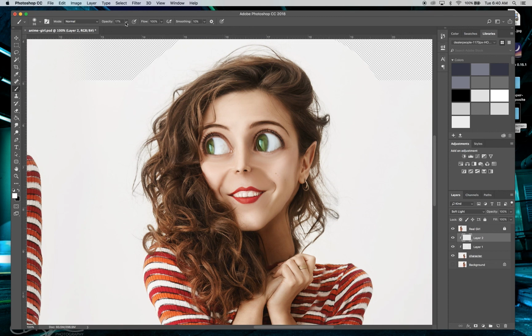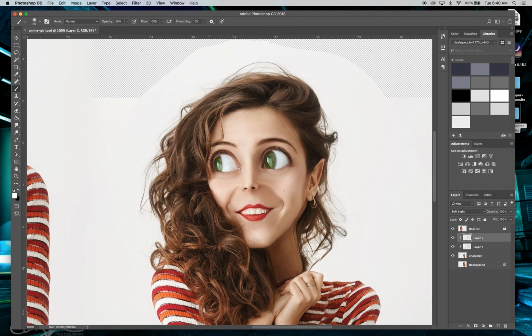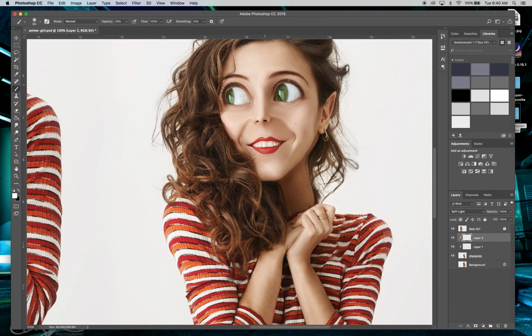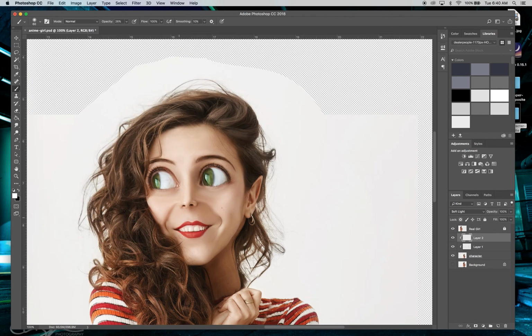Alright, now let's take about a 26% opacity and just start highlighting some of the hair here. Cool. Let's give a little bit of a red tint to her hair too. So let's do one more